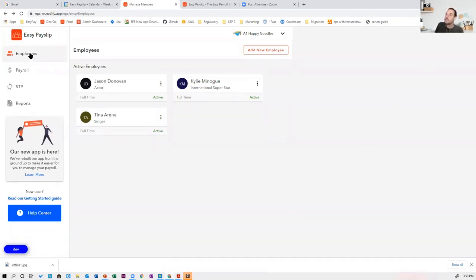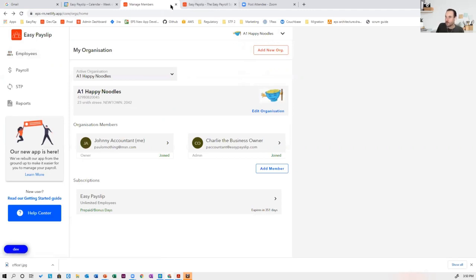So this menu you see on the left here is how you do your payroll. Anything else like setting up your user ID, two-factor authentication, your business details, you use this menu at the top. So I'm going to go to Manage Organizations. It's got my business details, my address. As I mentioned before, this is where you can invite your accountant or your colleague. It's also got subscriptions.